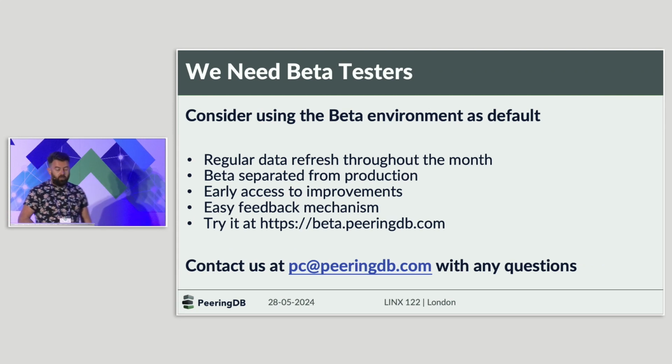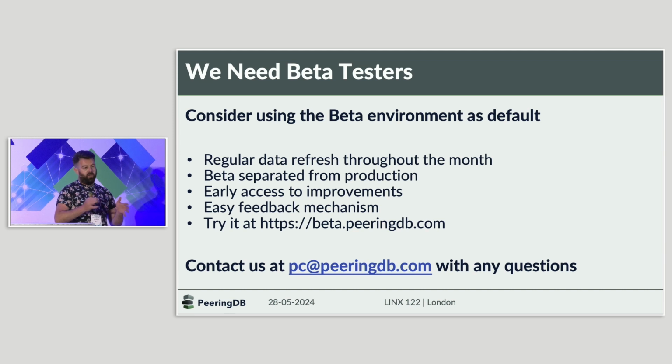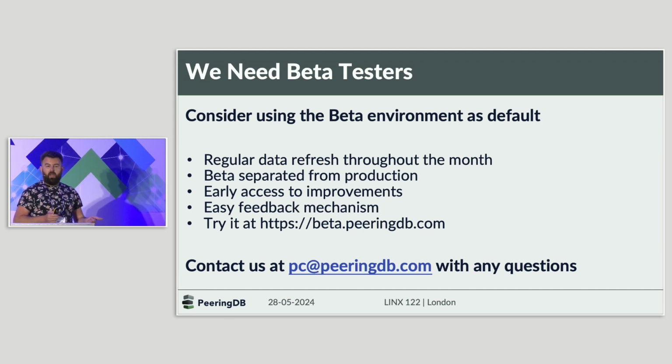And then beta testing. Whilst we probably all use the main www.peeringdb.com, we are looking for people to help beta test the features we're developing. We're moving beta closer to production, except for certain functionality, like writing. That's separate from production, but you get early access to the new features we're doing. So whilst you can't edit your record, you can view, you can try out the search features, and you can try the other features we're looking to roll out. You can access it from beta.peeringdb.com.